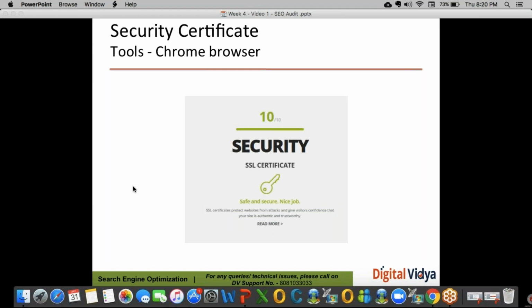Is there any question about SSL certificate? I've answered the couple of FAQs which I get most of the time when we are discussing the SSL certificate. So the only difference is, as I said, two main advantages: ranking and something about the genuineness, the confidence the users get when they are on the website.